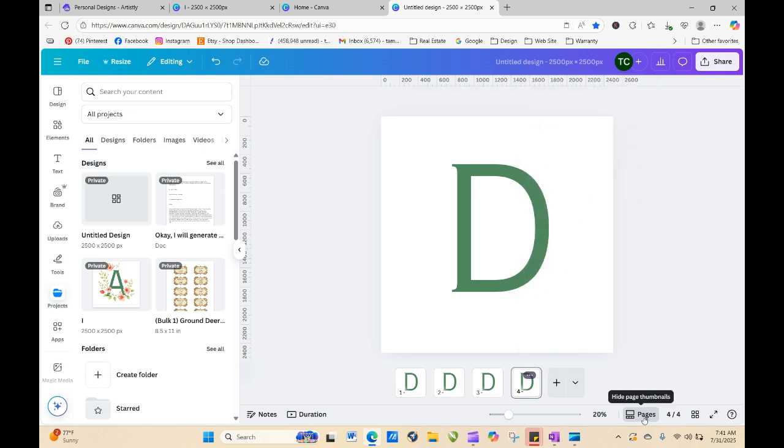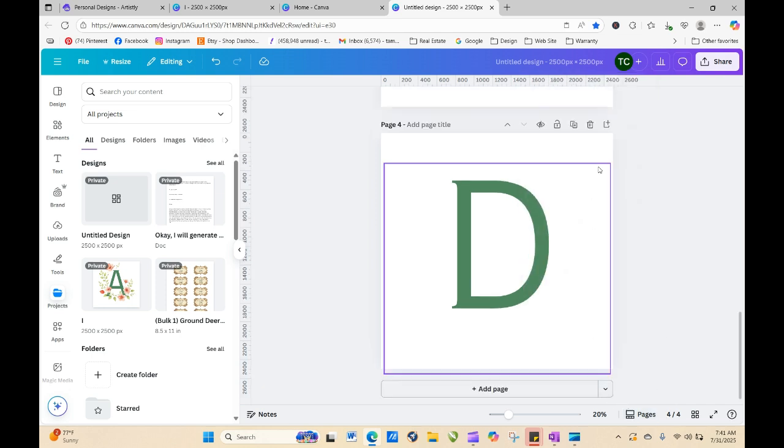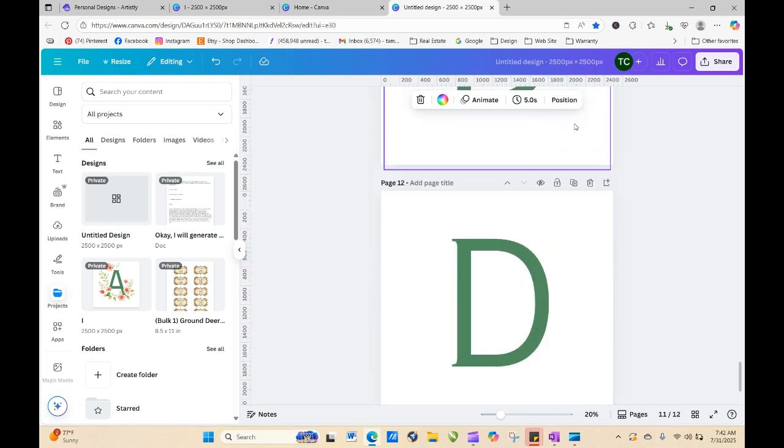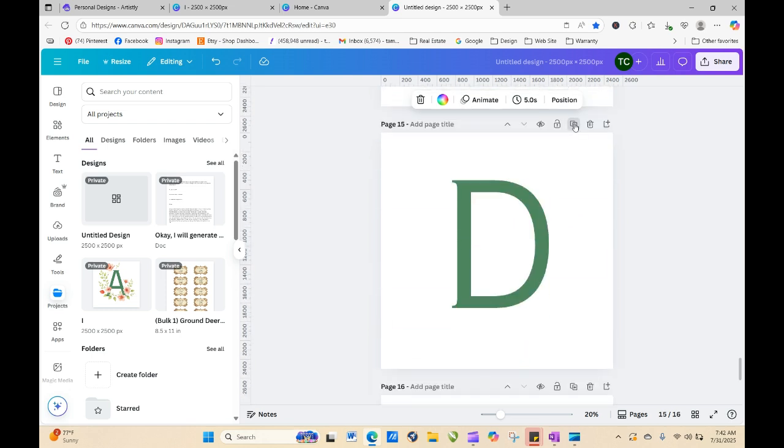Another way to do this that would probably be a lot faster is just to change the orientation and just do it like this. Duplicate, duplicate. I think that's the faster way to do it. So you would just fill this page with however many